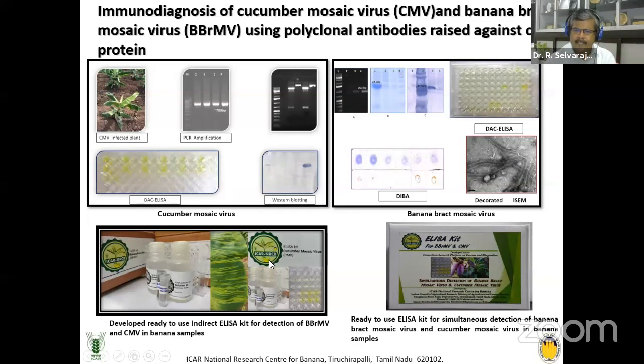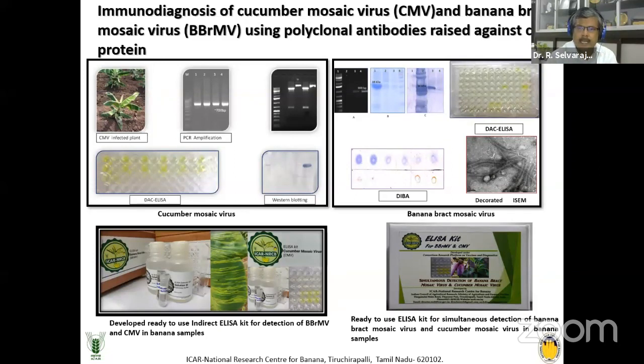And we developed ELISA-based diagnostics for banana mosaic virus and cucumber mosaic virus, and we recently made a cocktail of antisera and made a single test, because today we want to know whether a virus is there or not. It's not a matter of which virus is there. So we made a cocktail of mosaic and cucumber mosaic virus to do the indexing service for the tissue